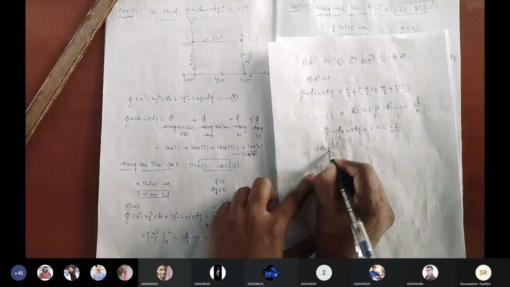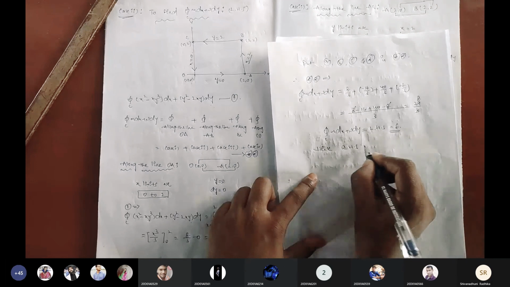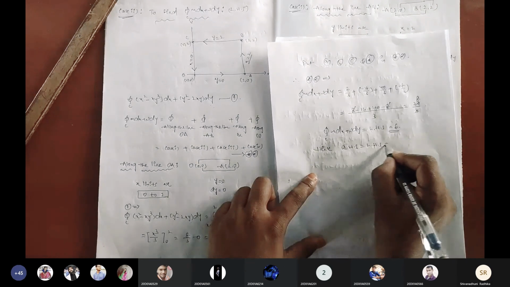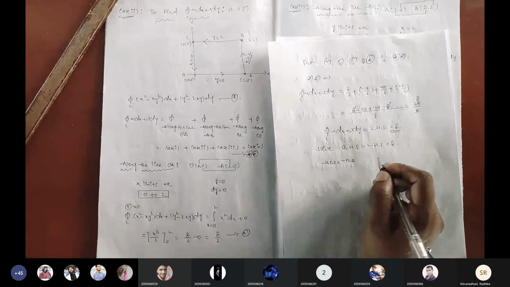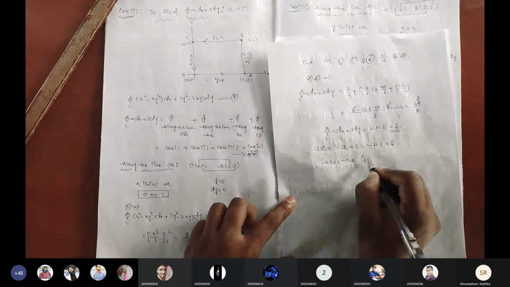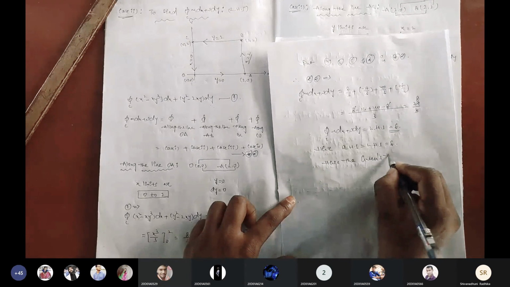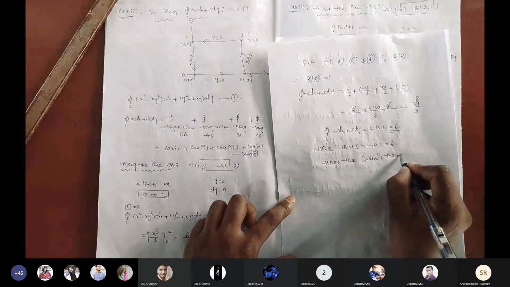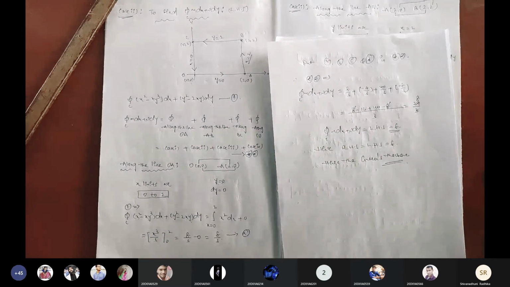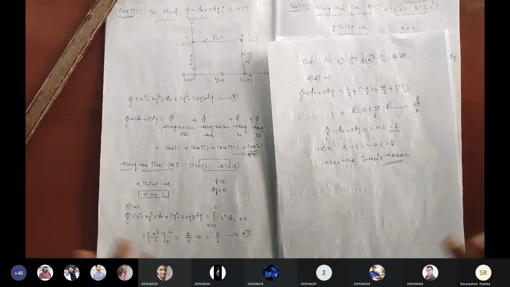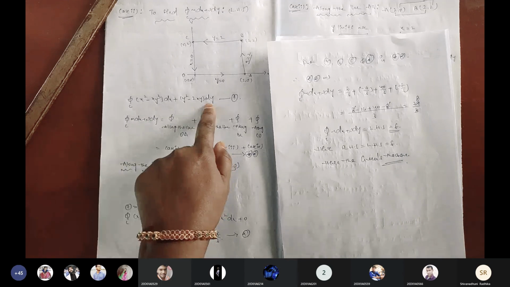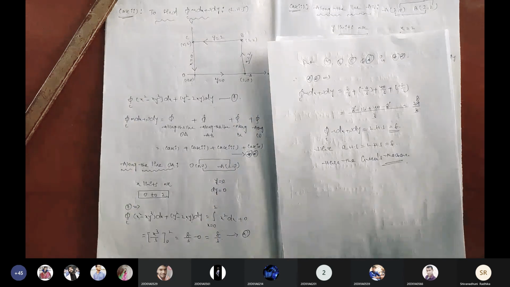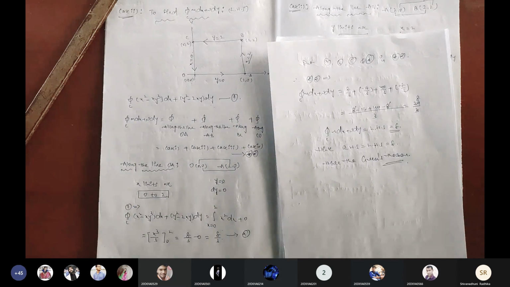Now, hence RHS equals LHS. What is the answer? 8. Hence the verification is completed. Hence Green's theorem is verified. LHS and RHS have the same number, so Green's theorem is verified for the given line integral using the curves square. Clear, all of you? Any doubts?